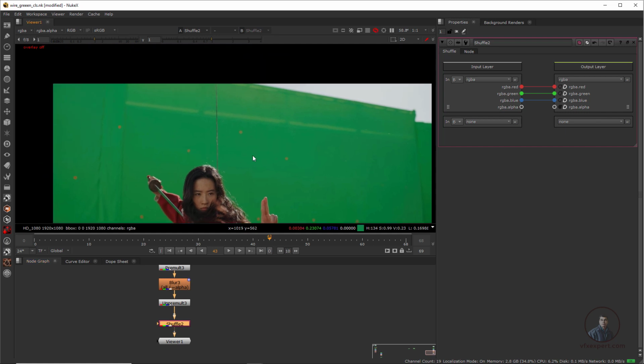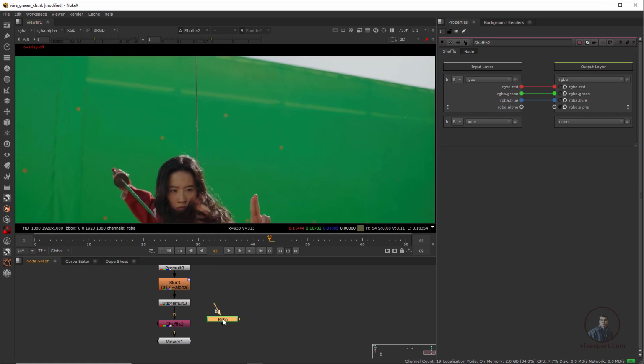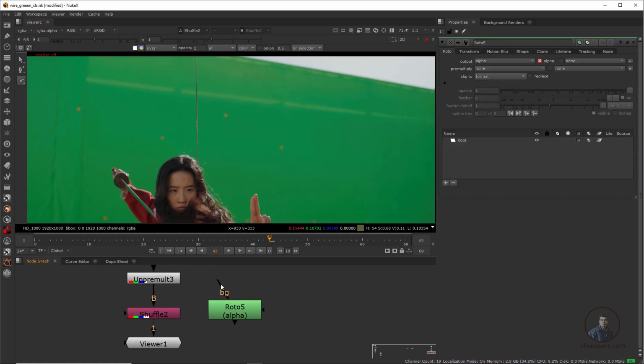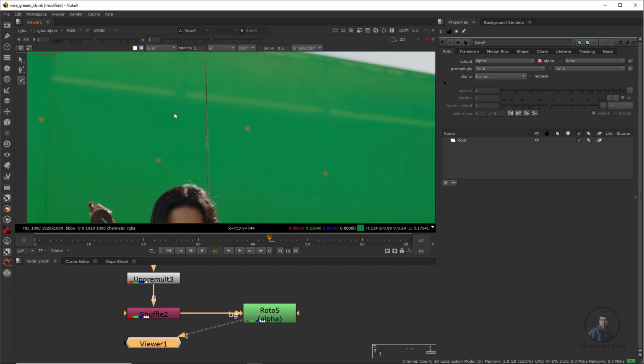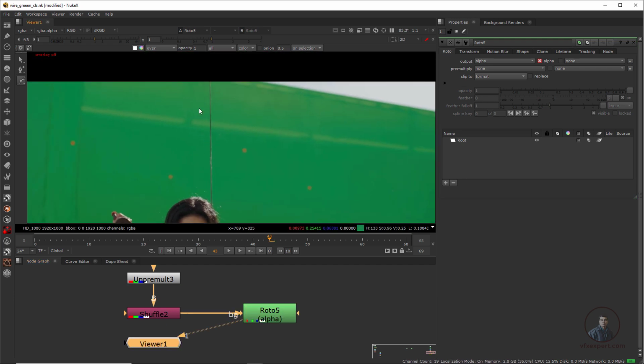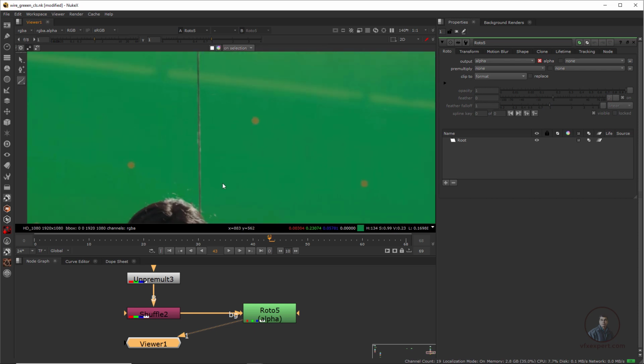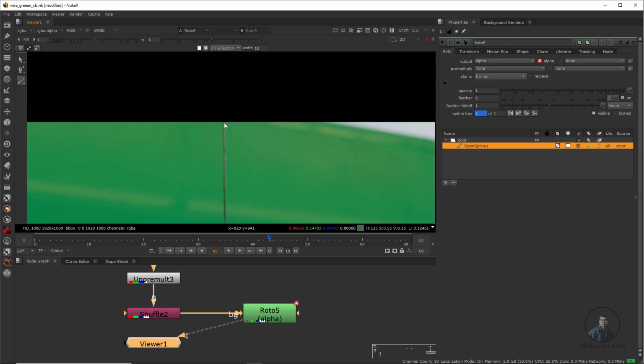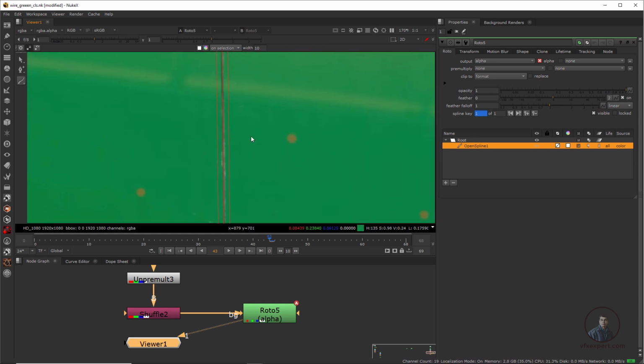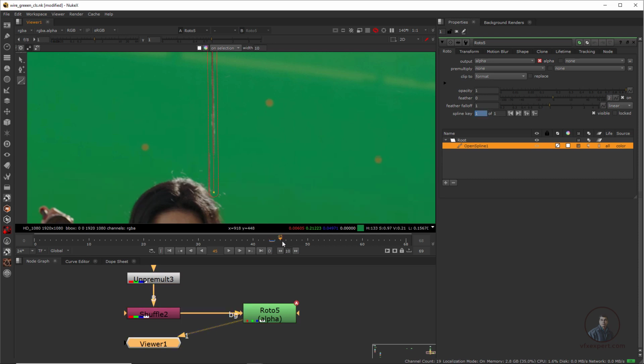So again I am going to take a roto node here, so again press O and attach it after this shuffle. Now select this one, press 1 and simply the same, open spline, we have to draw for the second one. So now again press Q, Q means overlay on here, on and off. So now again simply select this open spline for the second one and we have to place the same thing. Then we have to adjust it here. So maybe I am going to adjust it here.